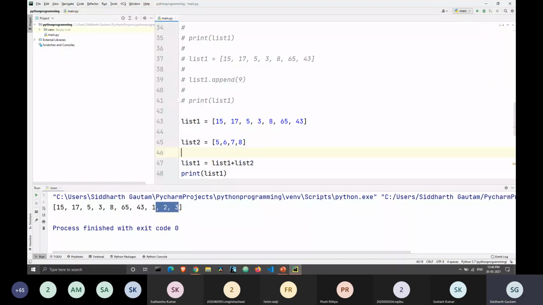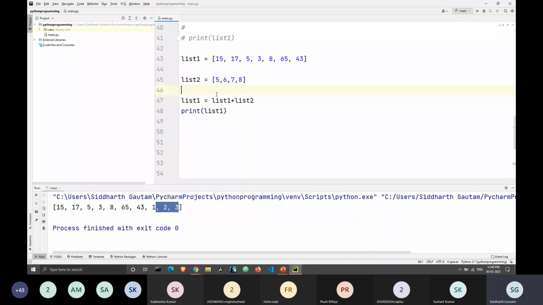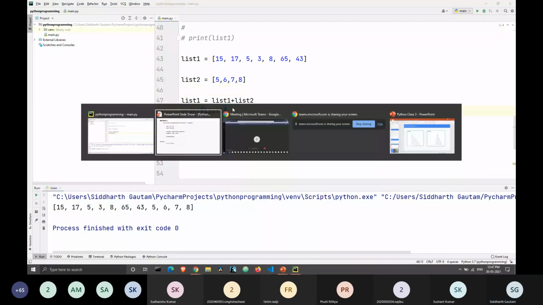I have my list1, I have my list2, and I'm adding both of them and storing the value of the added list inside my original list, which is list1. When I run this, you can see both of the lists have been combined and added inside our original list, which is list1.